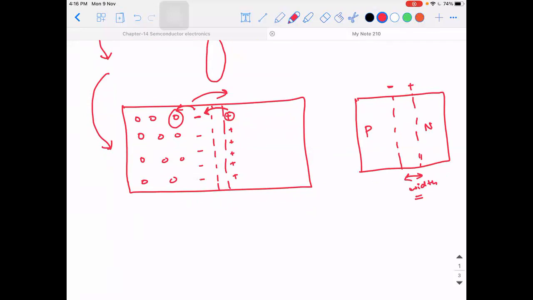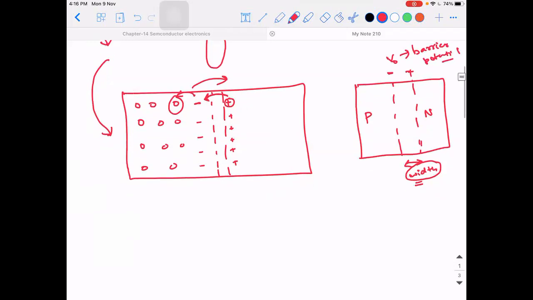Are you guys able to understand? So all these things are going to happen naturally. As a result, there is going to be a small barrier, a dam kind of thing. There will be a small wall which is getting built between the P and the N type, so that further recombination of holes and electrons is not going to take place. As a result, even before you have connected an external potential source, there is a small amount of potential difference created across the junction, which is called the barrier potential.